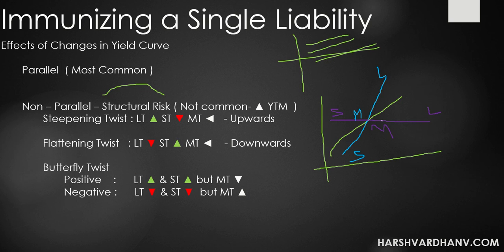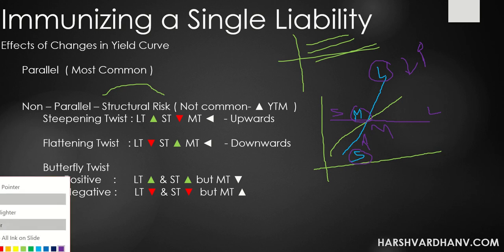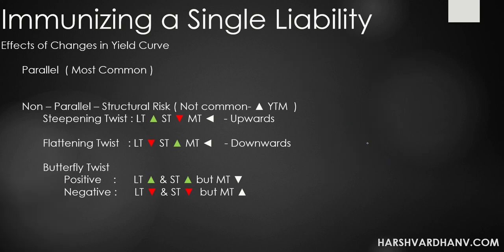What we're trying to say over here is that your liabilities, which are positioned in your short term bucket, medium term bucket, and long term bucket, everything will get impacted because of the yield curve changes. So here there will be a significant loss in price. Your assets will go down. Over here, the assets will go up since the yield curve is going down. There will be a mismatch. What you need to do in these mismatches is rebalance your portfolio. We'll come to that.